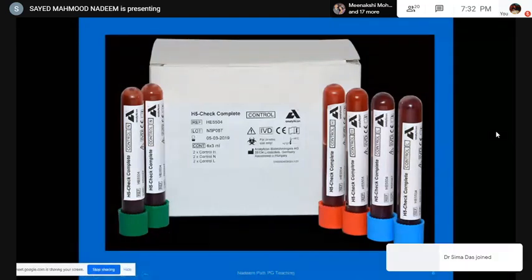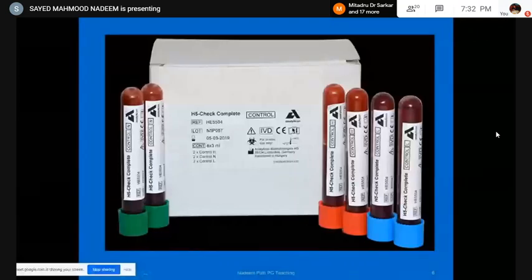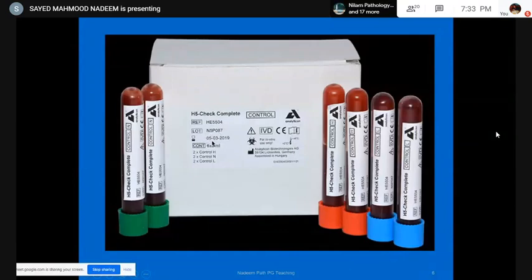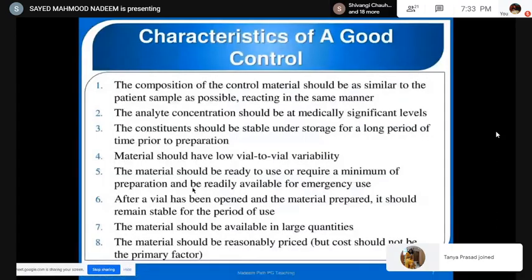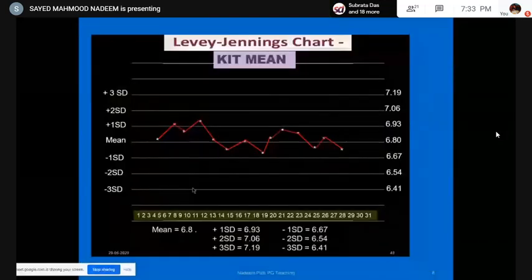Then we talked about various symbols, IVD, CE, the importance of lot number, the importance of expiry date, and the actual potency of the control after it is reconstituted or opened, and what are first party, second party, and third party controls. We talked in detail about the characteristics of a good control. Then we saw the kit insert of a control,